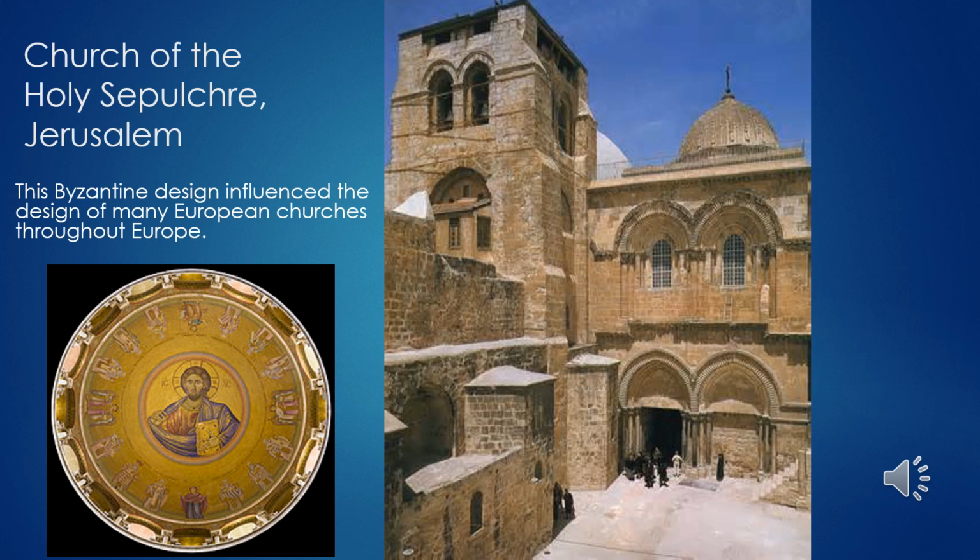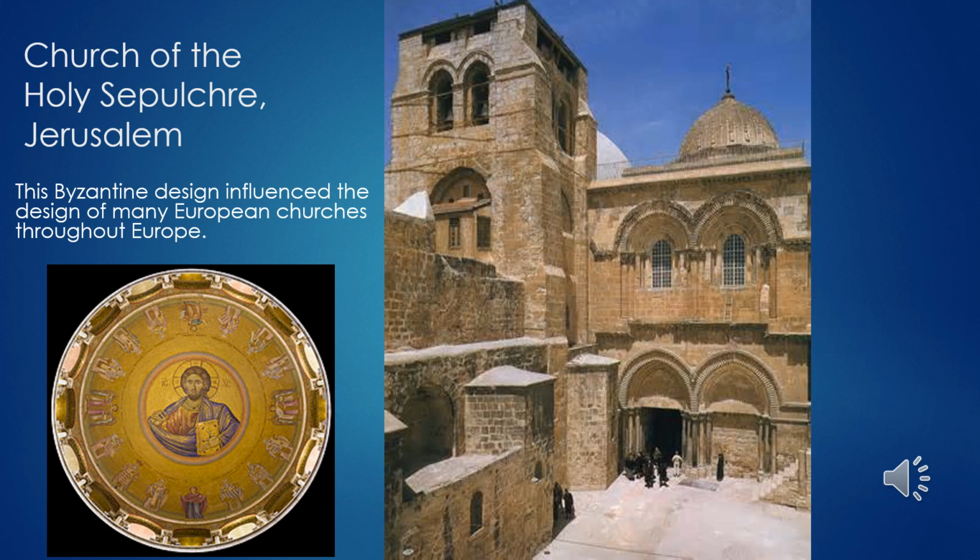So this is the church that was built in Byzantine design. And this church actually influenced many other church designs back in Europe when the Crusaders came back home. They brought some of the impression from this church with them. In the top of the church, in the dome, you see the image of Christ Pantocrator, that you can see in the inset here on this particular slide.